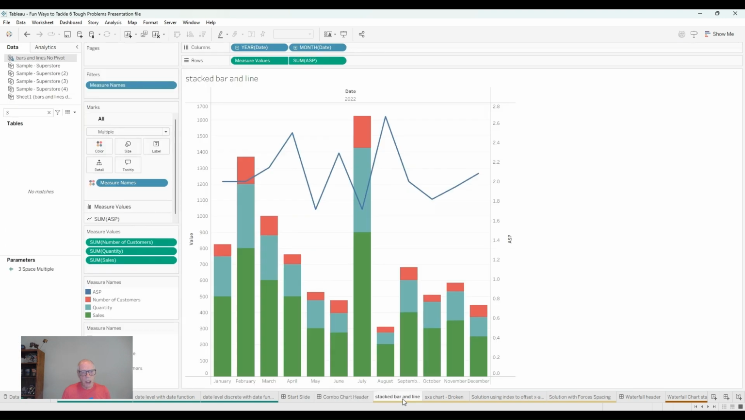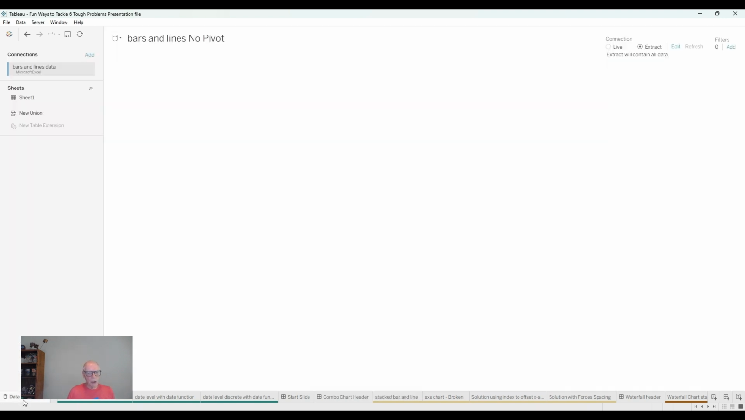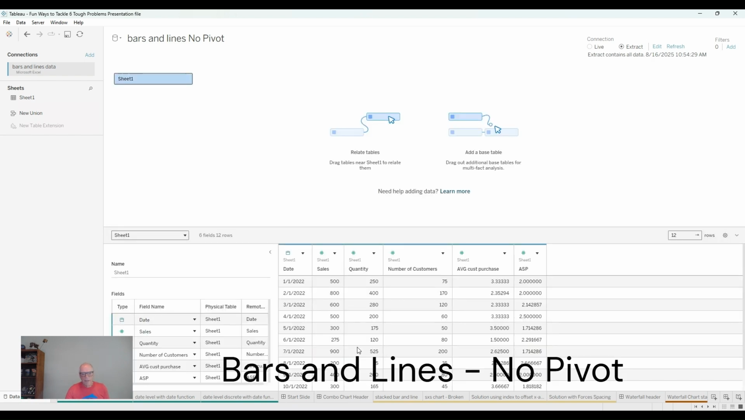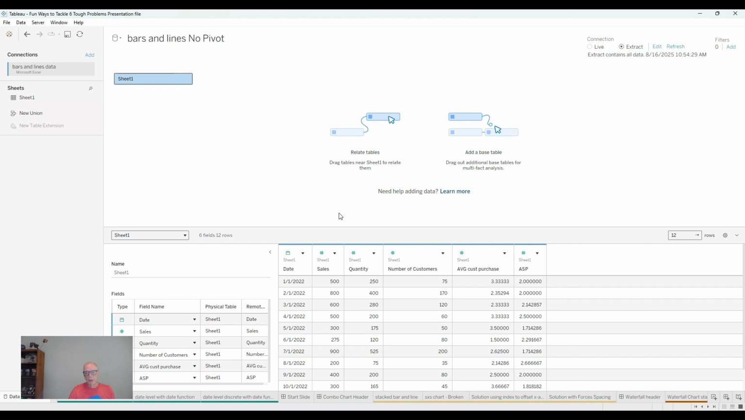And I want to start with this data. I'm going to go out here to the data source and just show you real quick what this data looks like. I've got 5 measures here: sales, quantity, number of customers, our average number of customers that are purchasing the product, and the average selling price. And that's data that I just loaded into Tableau. Now we can take that data